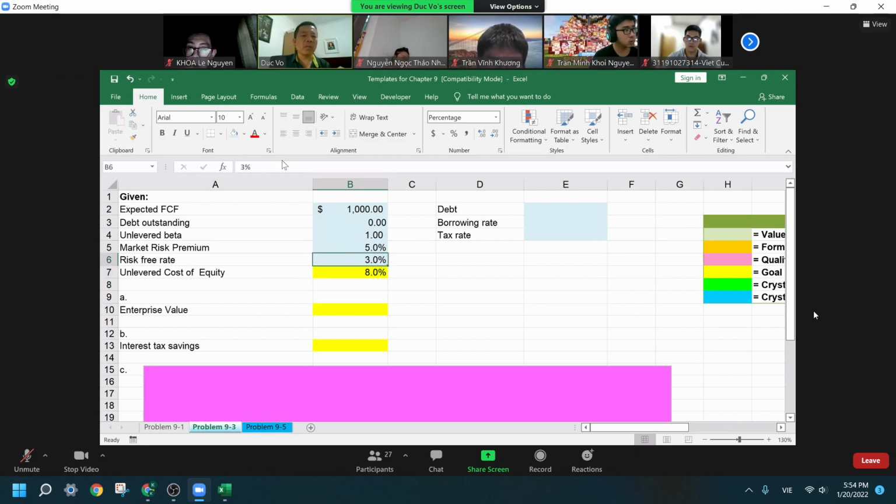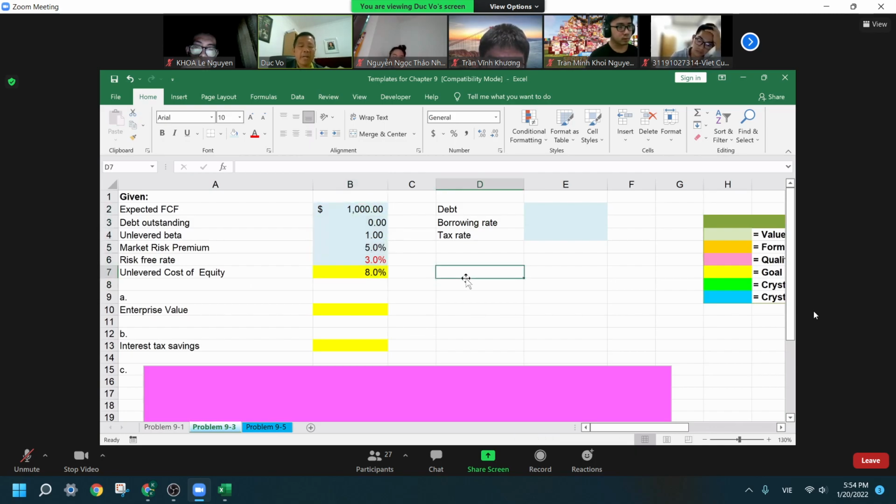That's one from the book. The risk-free rate should be 3%, not 8%. And a risk-free rate of 8% is simply too high, right? I don't think any country, including Vietnam, when you invest in a bond issued by the government, you earn 8% per year. It's ridiculous because the risk-free rate is no risk. No risk means that the expected return should be very, very low. Okay, so now, based on this